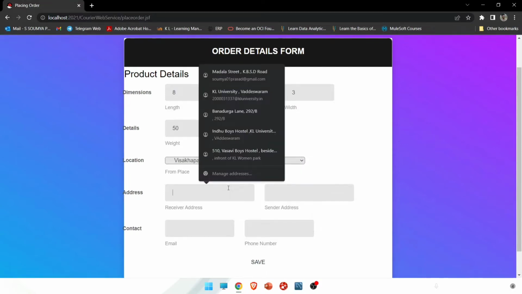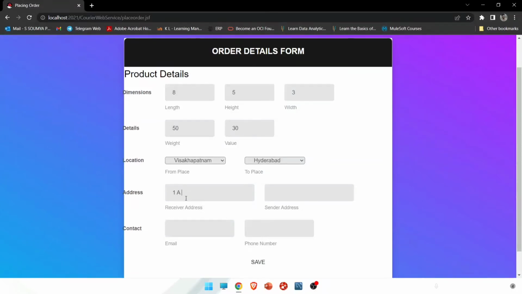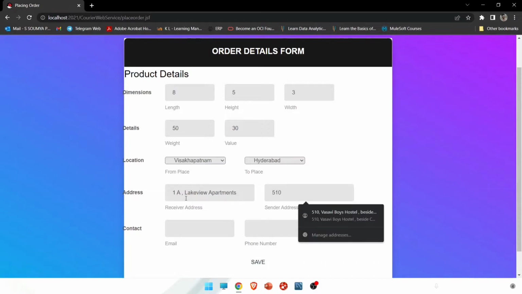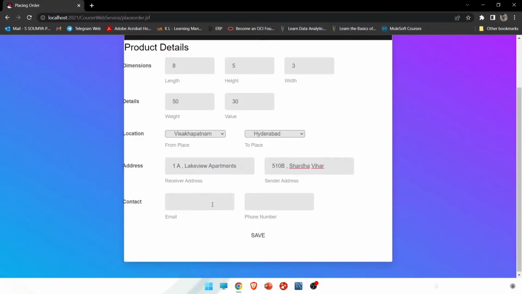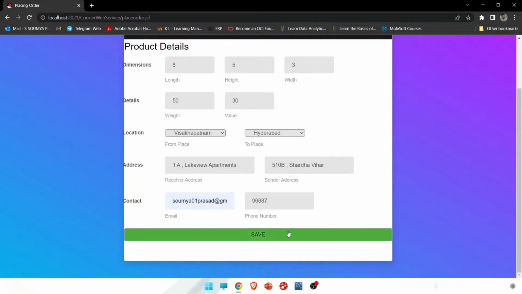Now address, just choose any address here. 1A Lakeview Apartments, and let's say this is 510B, something like that. All right, this is the receiver address, sender address, and let's give my email and a phone number. I won't give the phone number entirely. Okay. So as I save this order,